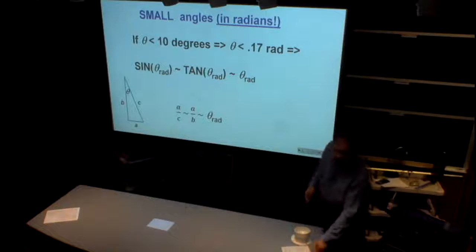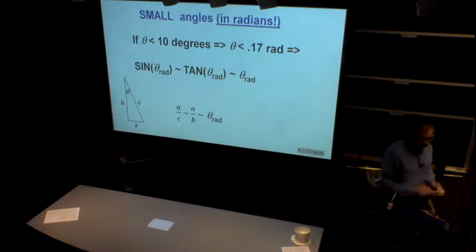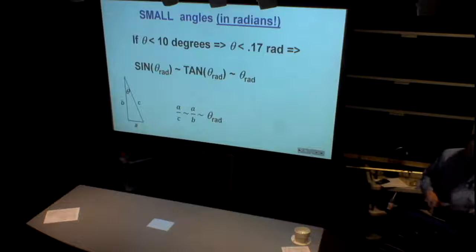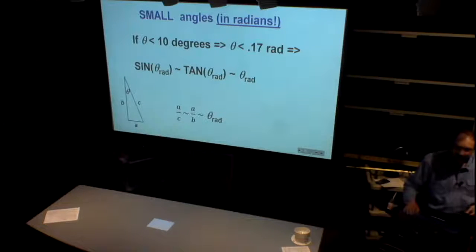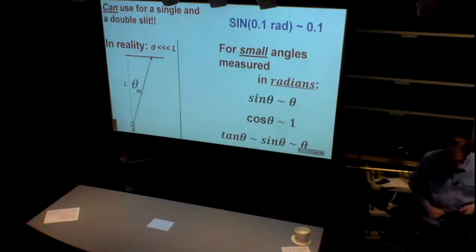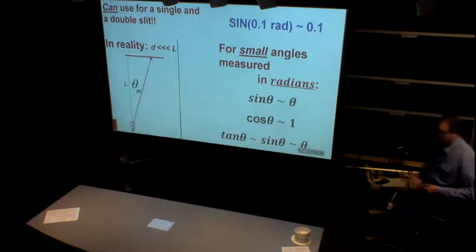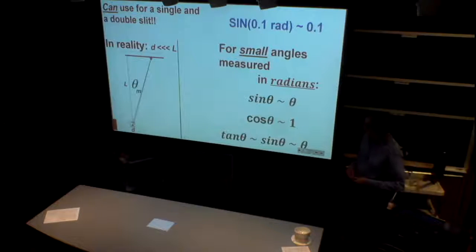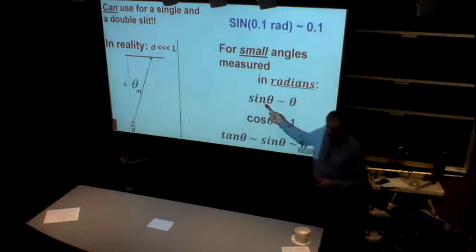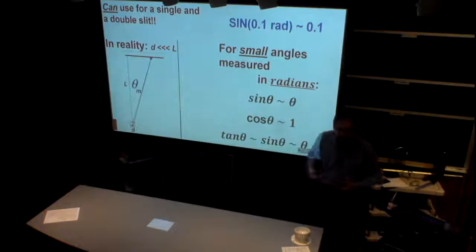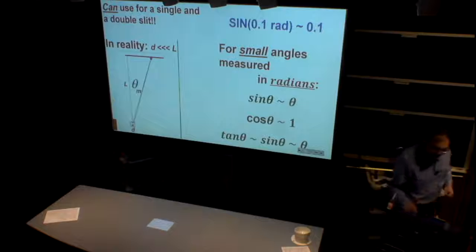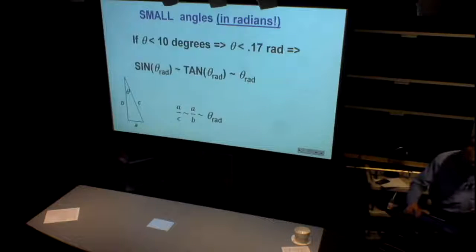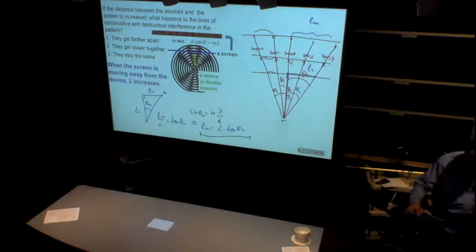We can just scratch off those symbols, sine, tangent, and use just the angle. And that helps for solving problems, because when we have to combine sine and tangent, that's a complicated situation. But now, with this knowledge, if we go back to this problem,